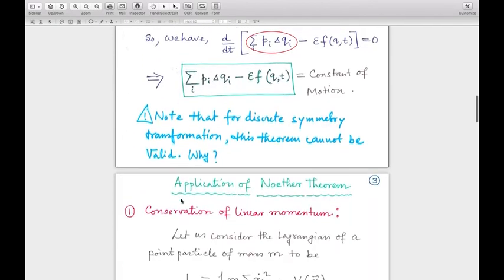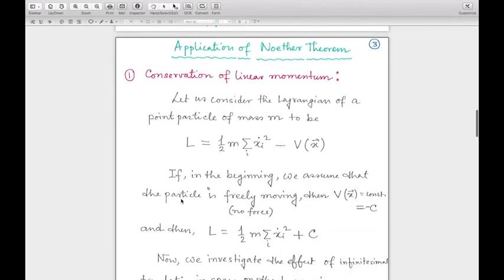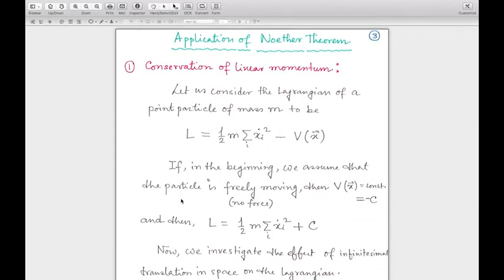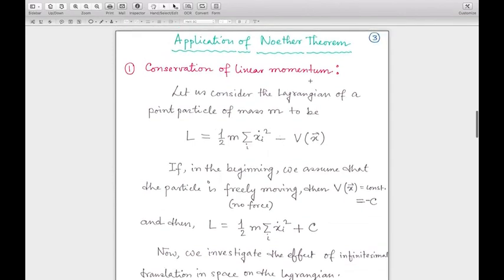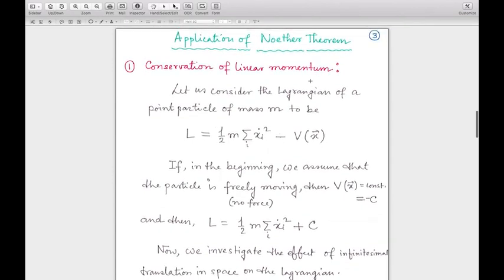Now we discuss some applications of Noether's theorem. Very easy but very interesting as well. First is the conservation of linear momentum. I promised you in the very first lecture or in the second lecture that we will come to these conservation principles of classical mechanics, which we showed previously using Newton's law, and that we will revisit these conservations from a different point of view, and that will be the point of view of symmetry. Now this is the occasion where we will talk about the symmetry and the corresponding conservation.